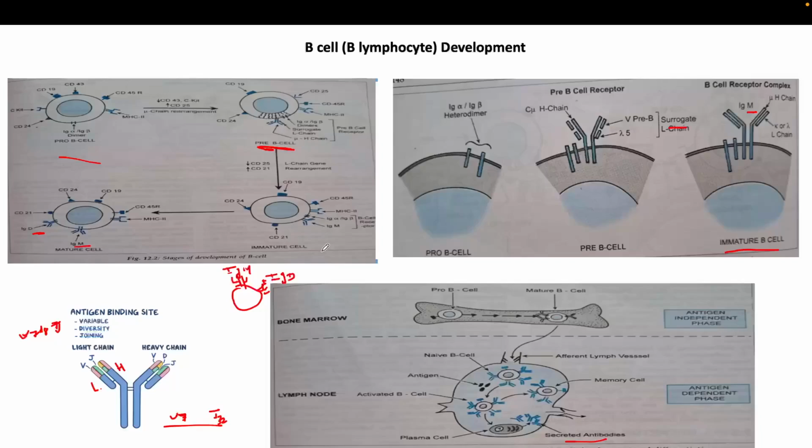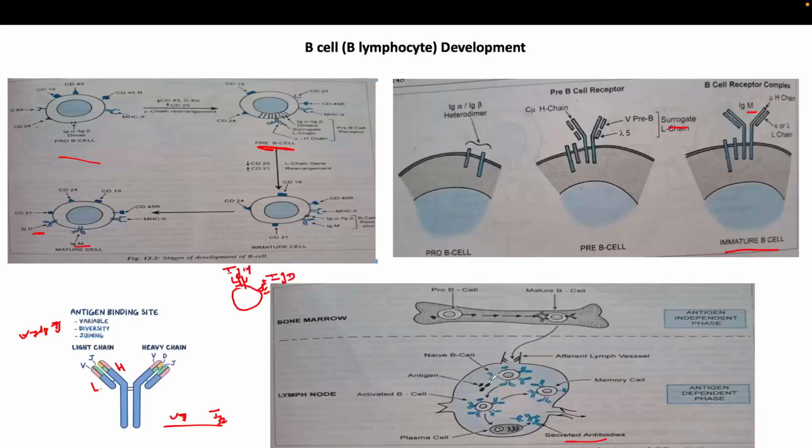be synthesized on the surface of the B cell. Okay, and after that it will develop into a mature B cell, where the IgD antibody will also be there. Okay, so this is the development of B cell in the bone marrow, and once this mature B cell is produced in the bone marrow, for its effector function it will migrate through the blood stream to the lymph node. Okay, and in the lymph node it will